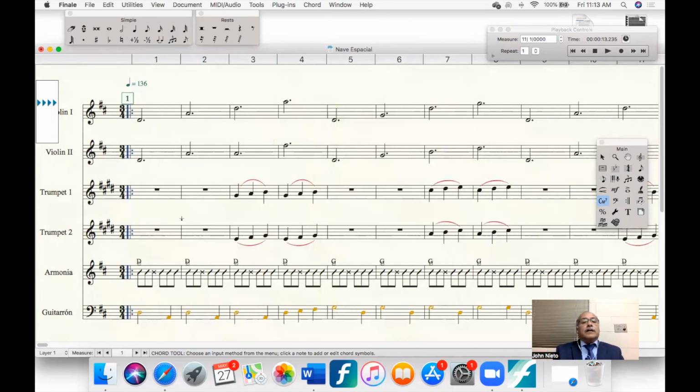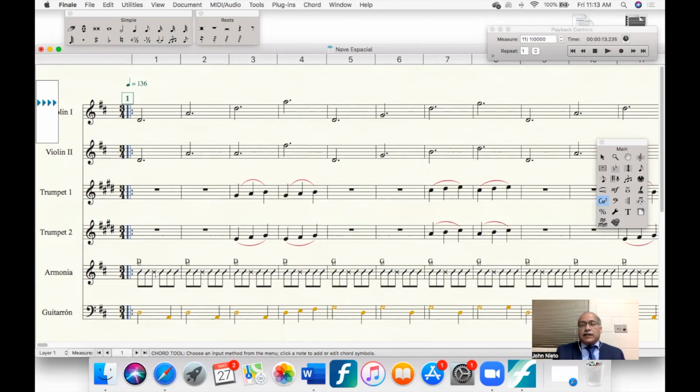So you will notice before we continue that I changed the guitar part to armonía. It either says acoustic guitar or vihuela, but in the mariachi, the armonía means the whole rhythm section, which is the guitar, the vihuela, and the guitarra de golpe. And you will also notice that I converted the note heads to rhythmic notation and an X, which means